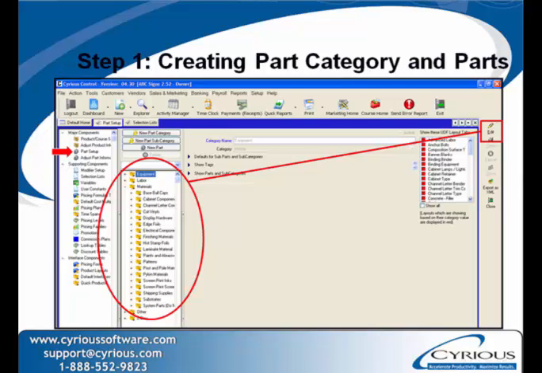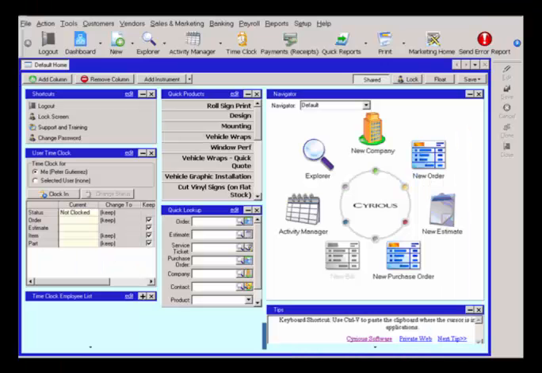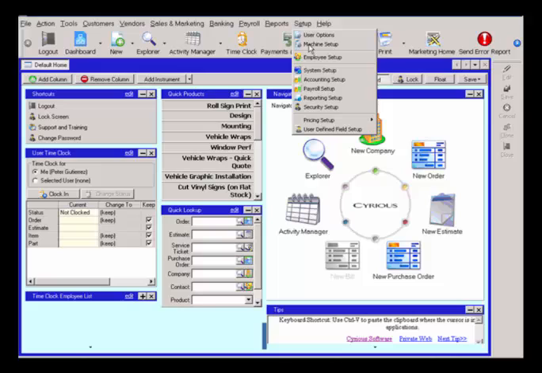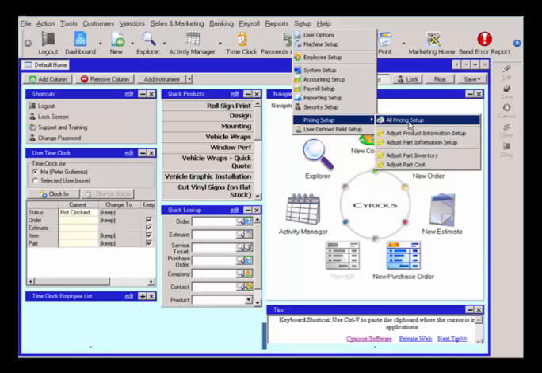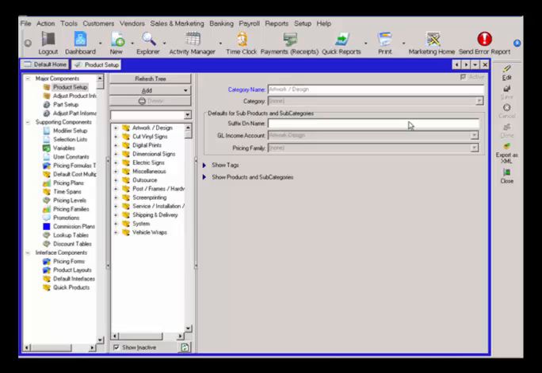The first step in setting up your custom miscellaneous product is to create a part category and the parts that are going to go in that category. Let's take a look in Control how we're going to do that. For our example, we're going to create a pricing form to sell baseball caps that we keep in stock. So the first thing that we're going to do is go to our Setup, Pricing Setup, All Pricing Setup,